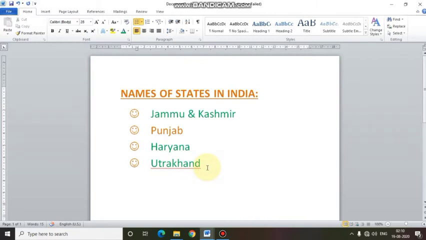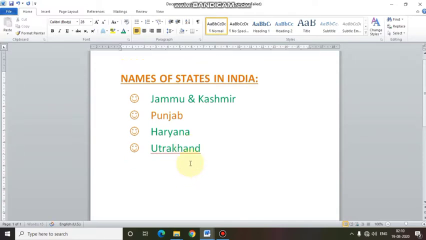Now let's see how to use the numbering tool. Students, when there is no specific order for any information, then we use bullets. And when we have a particular order, or we need to type anything in a particular series, then we use the numbering tool. Let's type the index given in your book.